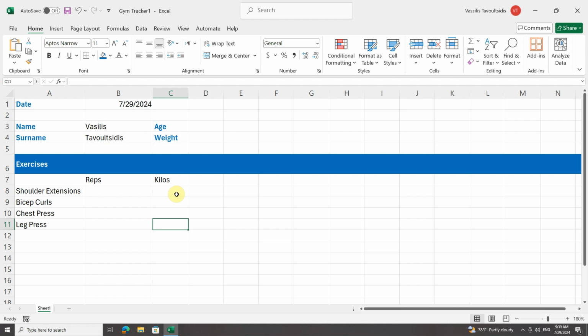So saving a workbook as a template is quite an easy process. You set it up, you make it as you wish,